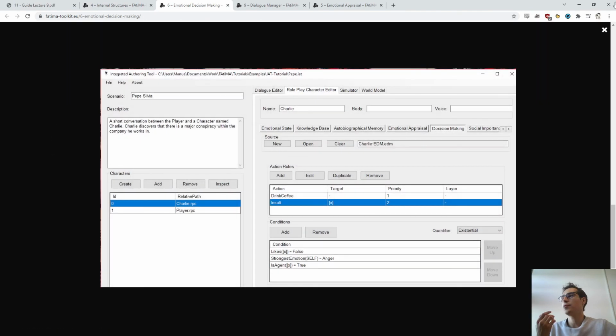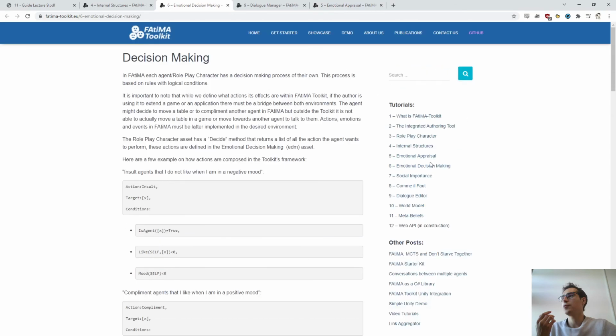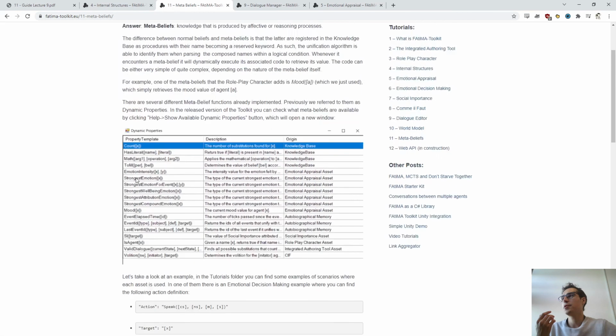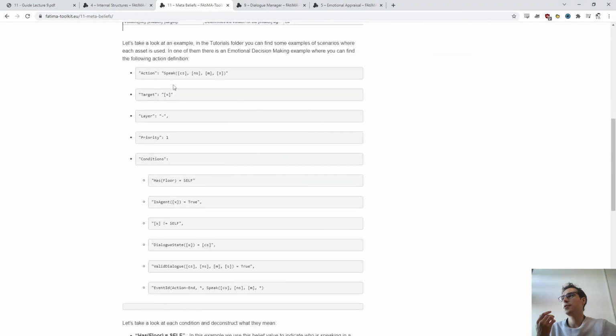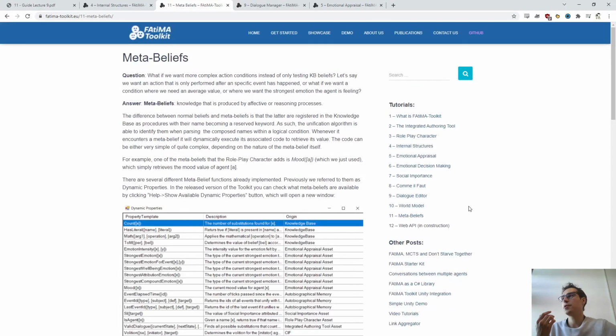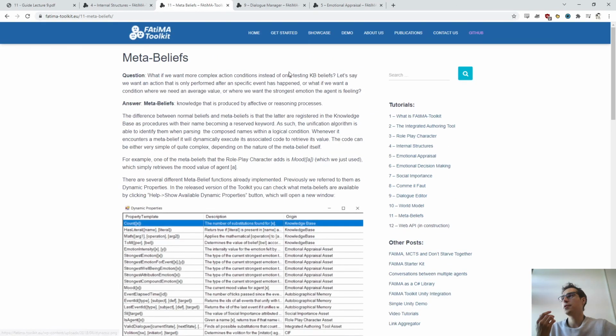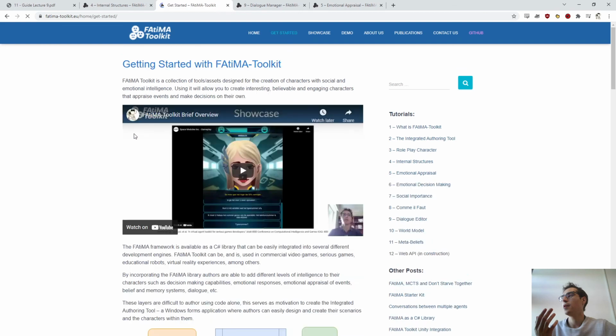We have some guides here. We also have an extended paper that you can take a look at. We have here the meta beliefs, and I believe you have a list full of meta beliefs on the website. Yes, and we have some examples on how to use them. That's mainly what I wanted to say. Remember to use the site. There's a lot of tutorials and lots of videos of me doing complex